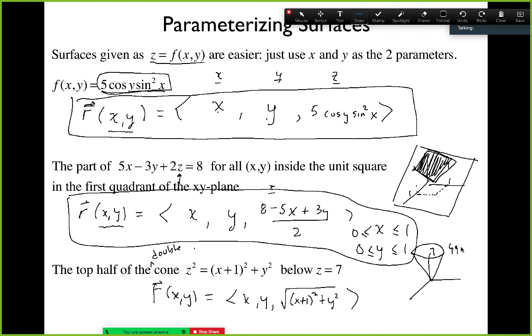49 equals x plus 1 squared plus y squared. So that's what? That's that circle at level 7. It's the circular cross-section of the cone. So if we come down and project that into the xy plane,